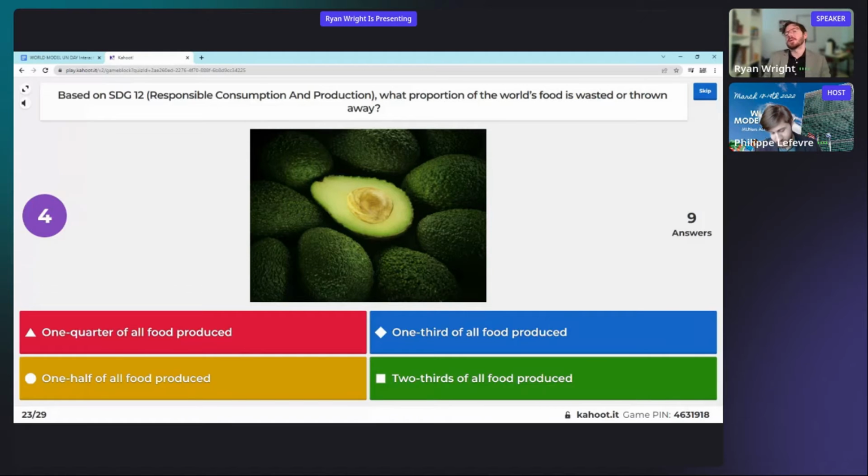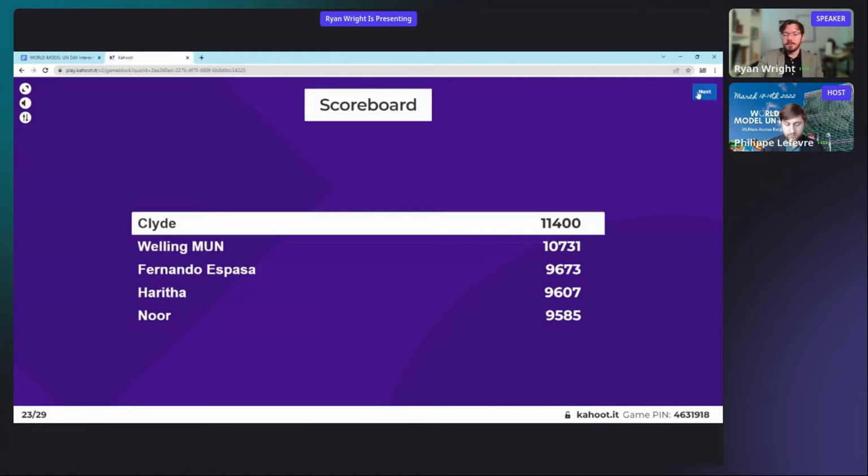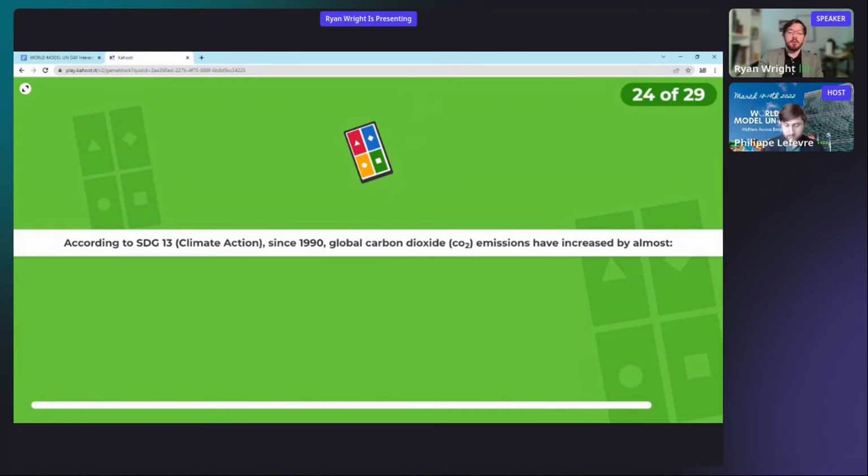But also, I think this one, more than the others, is one where people can have an active part as individuals, not necessarily as countries, in changing. Very true. We just need to make sure that we monitor our own individual food waste and do what we can. And it is 1/3 of all food produced that is wasted or thrown away. So just keep that in mind. We're getting close to the end here. Keep in mind you get more points the faster you answer.